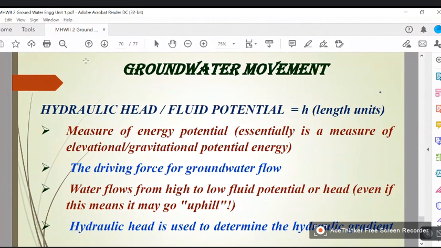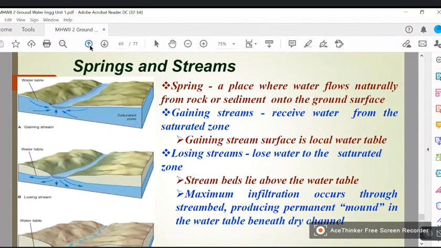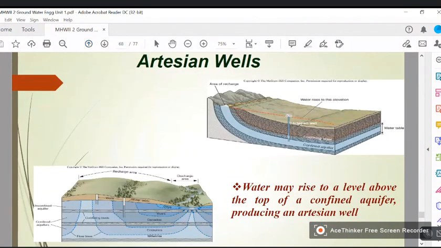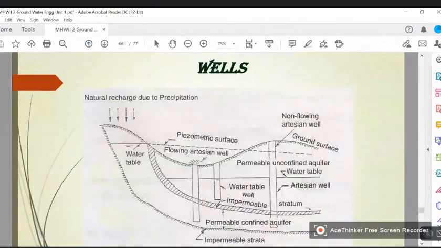That means if you go to this figure, I will show in the other. Yes. See,